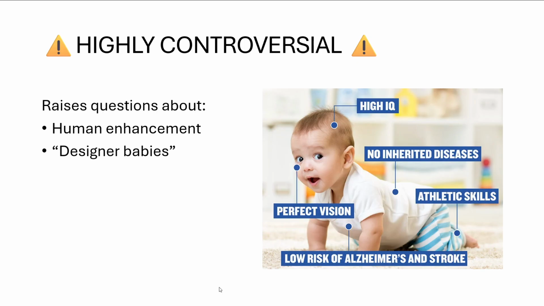As akong gi-mention sa previous na to nga module nga, if you have the money, you have the technology, you have access to it, then you can just basically more like mag-pre-order na ka og bata, no? Nga gusto ko nga ni para na sa picture, akong bata high IQ, walay inherited disease, athletic siya, low risk of Alzheimer's and stroke, perfect vision, bright, perfect na. So, in a sense that we are able to pre-order a child on its specific characteristics before pa siya ipanganak,